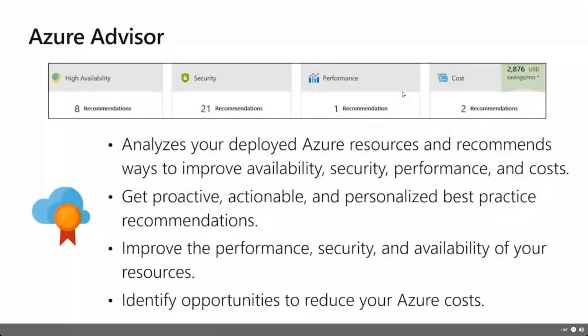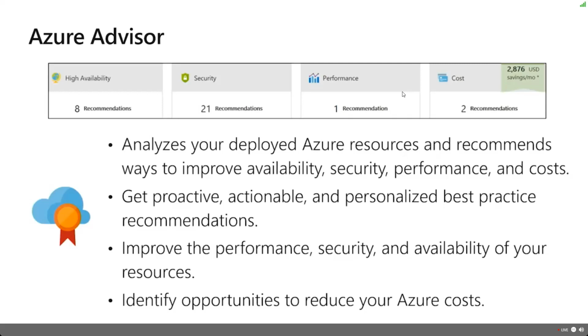My advice to you when you look at Advisor, take a look at the advice it gives you, but take that advice with a grain of salt. Make sure that whatever actions it is asking you to do, it doesn't violate any internal compliances. And so you actually can work with that information. And it's a down-the-middle tool. I have had customers say, hey, this is Microsoft's upsell tool. It's always trying to get me to do other things and best practices. And we are going to say, hey, look, you have a single VM.